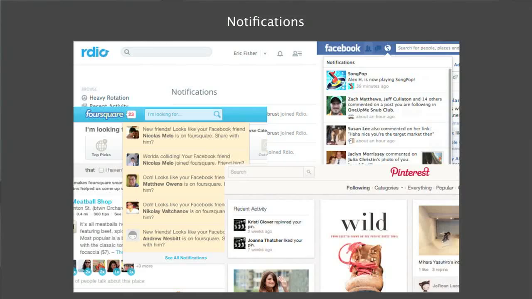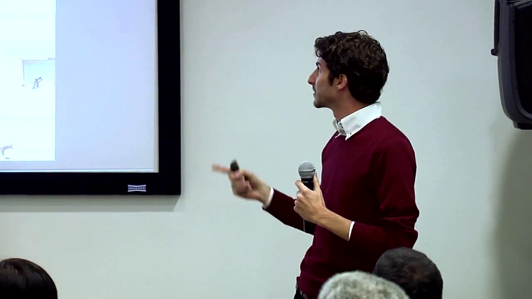You always get notifications. That red badge has taken over everybody's life. Foursquare, Rdio: somebody liked your post, somebody responded to your playlist, somebody tagged you in a photo, added you to a group, responded to your comment. You're constantly kept connected. The system is very active about doing that.